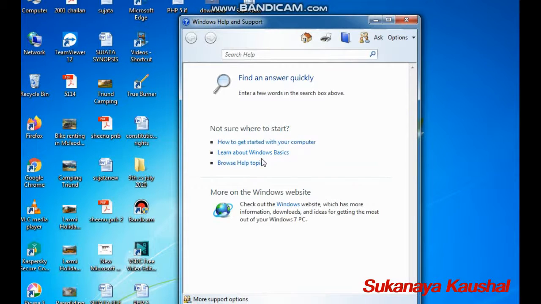So it is the guide regarding help. It gives us access to the help facility and how certain things on your computer work, so we can use those as well.